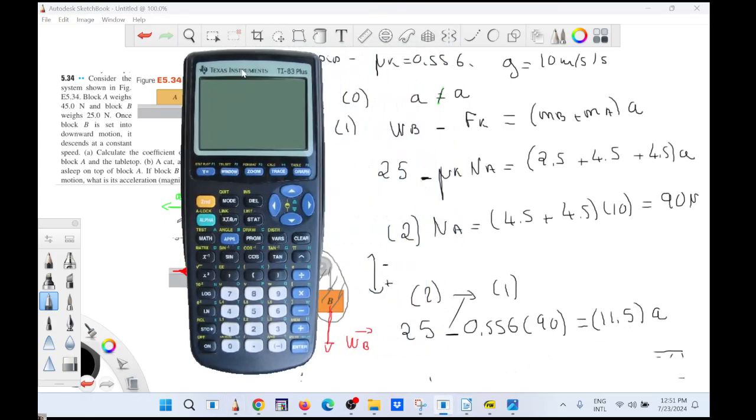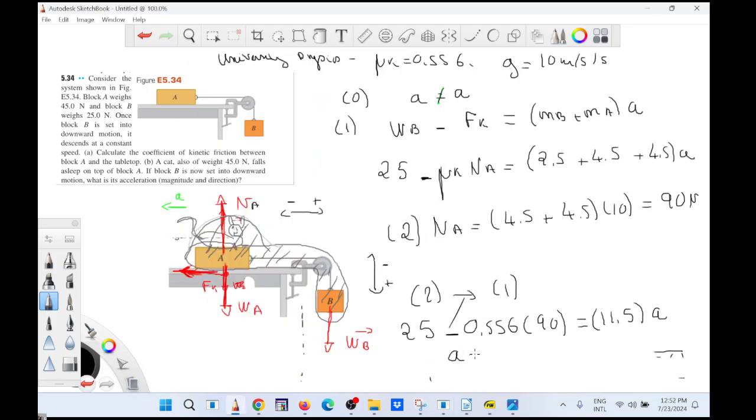Okay, so you have 25 minus 0.556 times 90. Okay, divide by 11.5, which is minus